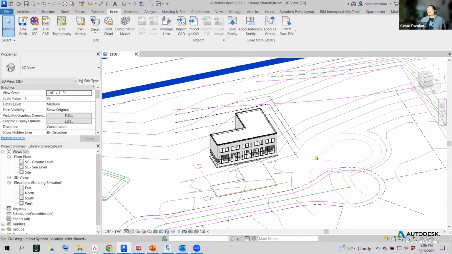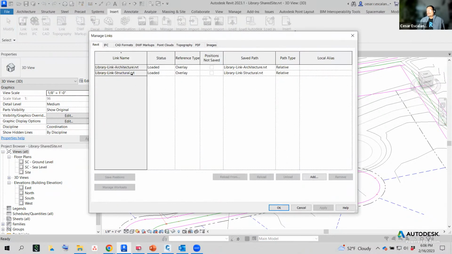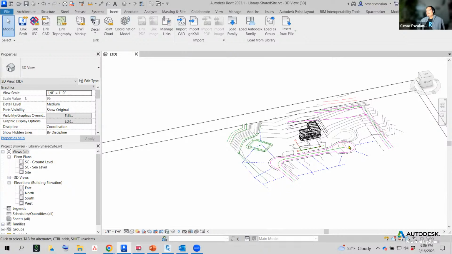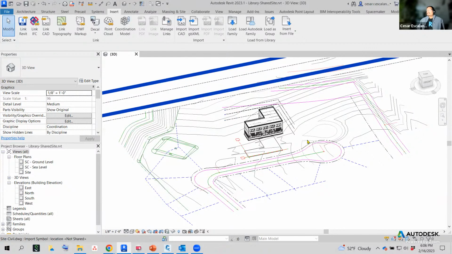So you will open the shared site model, and then you go Insert, Manage Links, and link the architectural and the structural in the site model using shared coordinates, and they should fall in the right spot. Any other questions? Okay, so